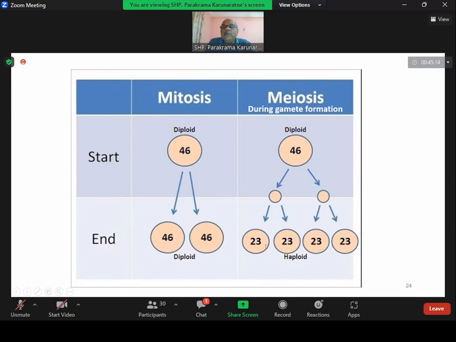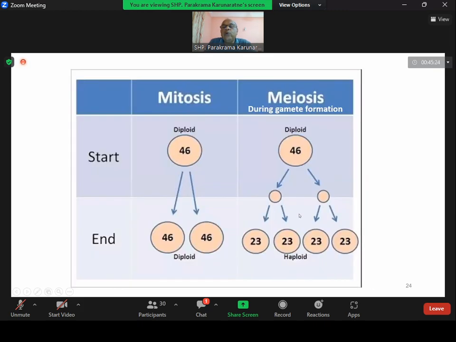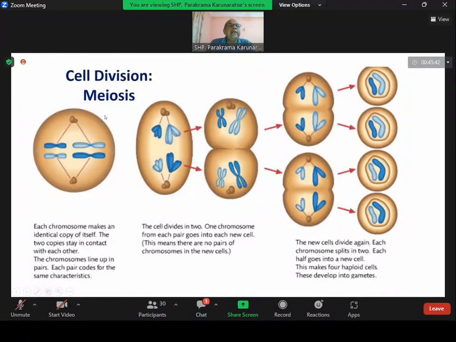So when these gametes, sperm or ovum, join again, you can get 2n, because this is n now, haploid. Haploid means one chromosome from each type, 23 types. When these two gametes join together, you get diploid 46. So we will see the process of meiosis. This is meiosis. In this meiosis, what happens is, okay,